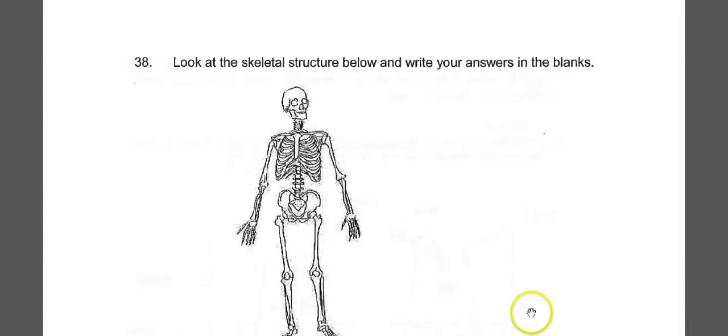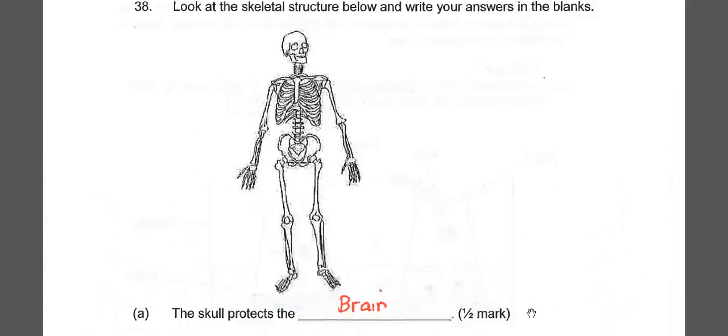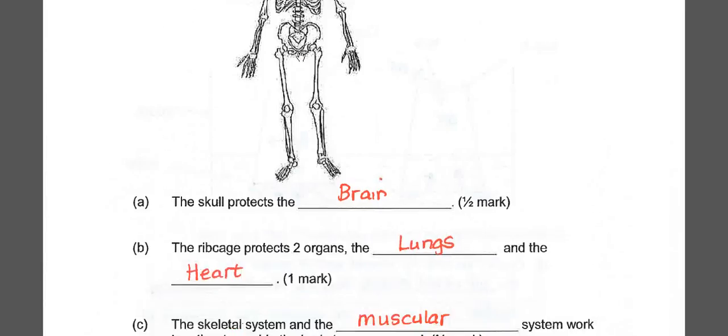Let's carry on. This is the skeleton structure of the human body. The skull over here usually protects the brain. The main part is the brain, not so much the eye socket, the eyes, or the mouth and tongue. If you jab into your mouth, you injure yourself, but the skull protects the brain as much as it can. So the skull protects the brain, and the rib cage, which is over here,